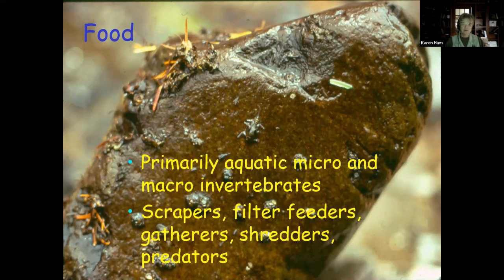So that's what a scraper does. Scrapers, getting the algae off the rocks. The shredder is the one that shreds the leaves up and eats them in little pieces. And of course, the predators are like the stoneflies that go around eating everything. And so it's this whole little ecosystem of aquatic insects and macro and micro invertebrates that are all part of